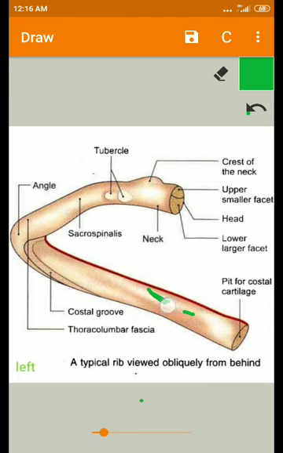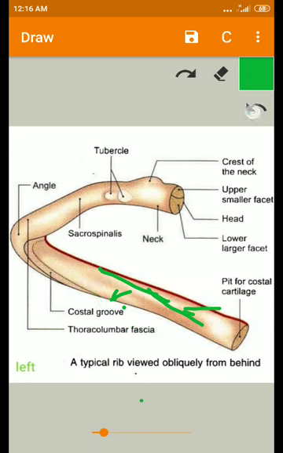So behind the oblique line, from the first to eighth rib, it gives origin to serratus anterior. From the fifth to 12th rib, it gives origin to the external oblique muscle, an abdominal muscle. And also behind the line, from the 9th to 10th, it gives attachment to the latissimus dorsi. Because we can't see it on the anterior external surface, I have mentioned it here.